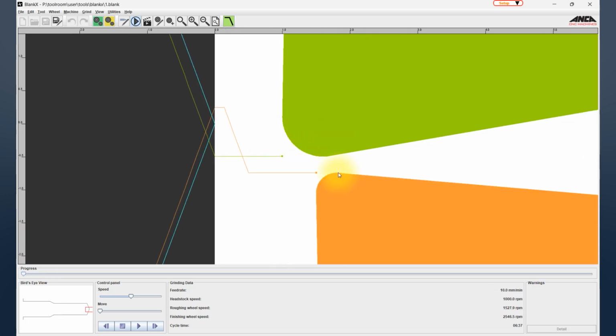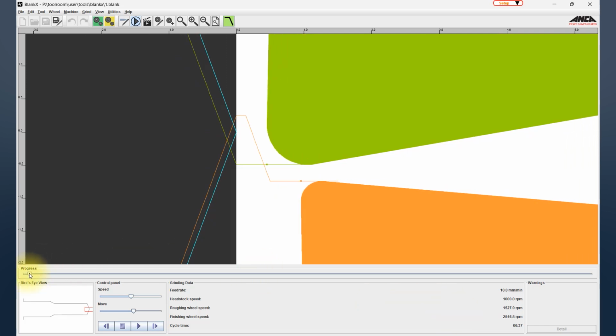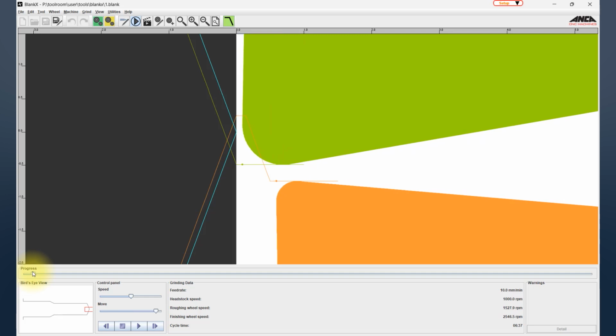For both the grinding wheels, I have purposely added a larger radius, and the green dot represents the extended line from the center of the radius, and the orange one represents the imaginary line between the center of the radius on the finishing wheel. Now this is good to actually track what exactly happens here. Having a closer look at this, you can see where the grinding wheel is coming into contact.